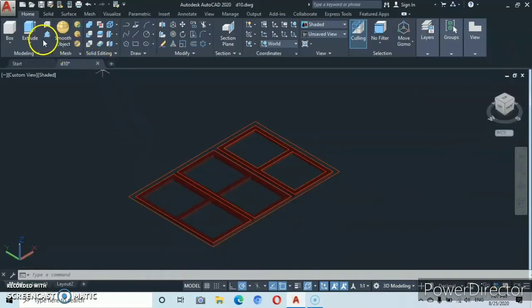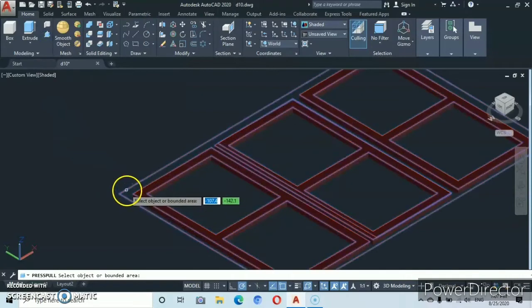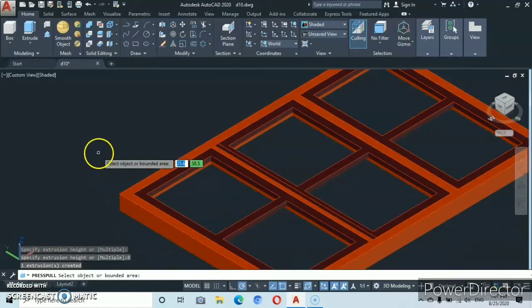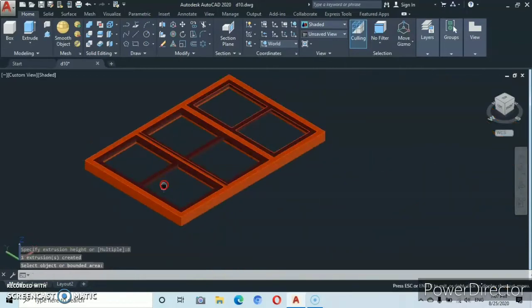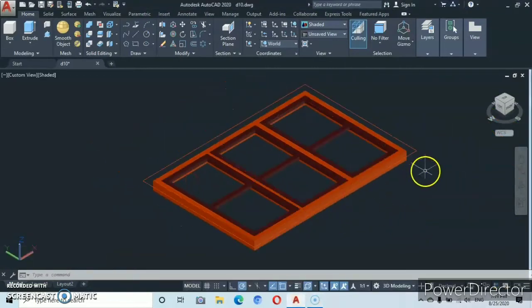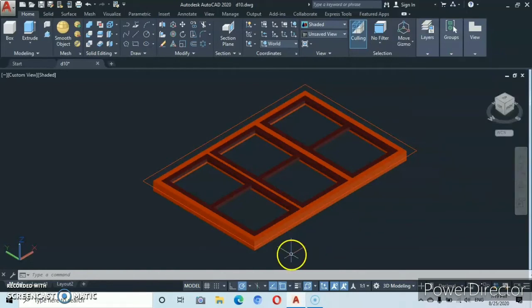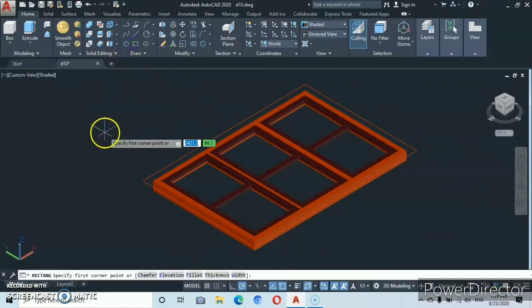Then let's go to press pull, then make a press pull of 8. Let's type in 8 for the frame thick span. Okay, then enter. From here let's go back to layers, then we'll change the layer to the molding, because window molding. Then you go to the rectangle command